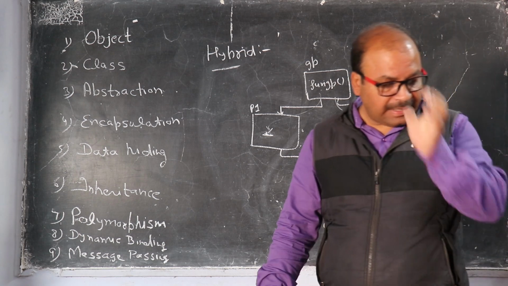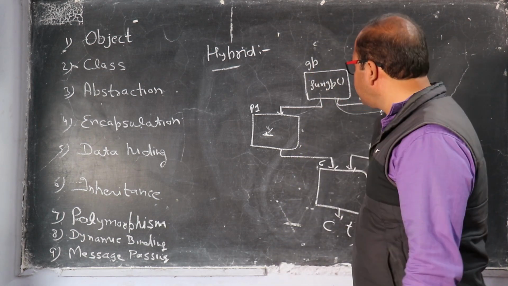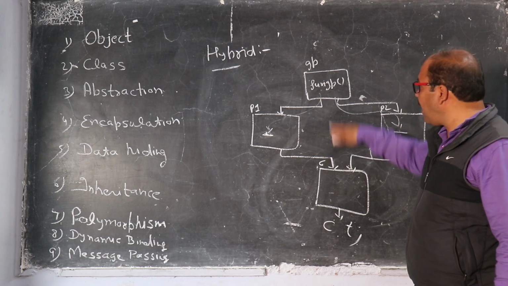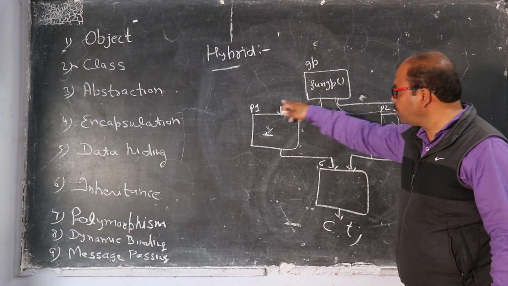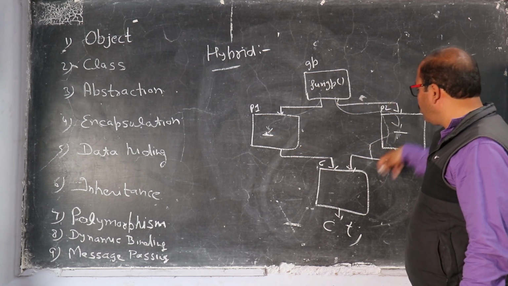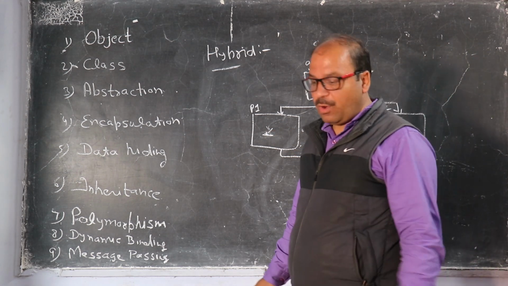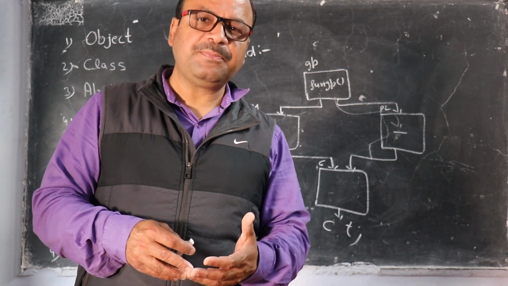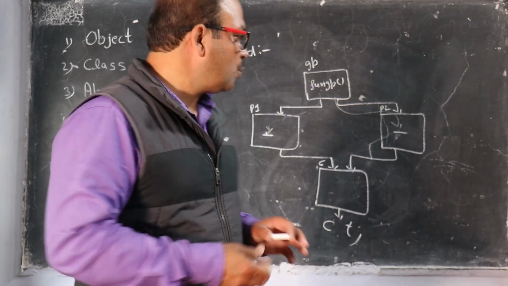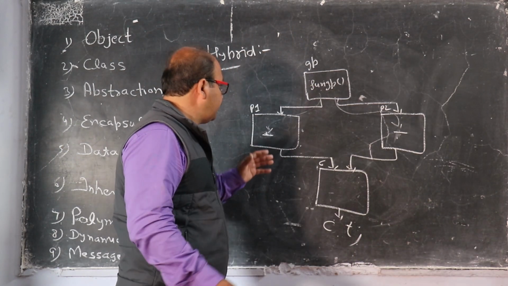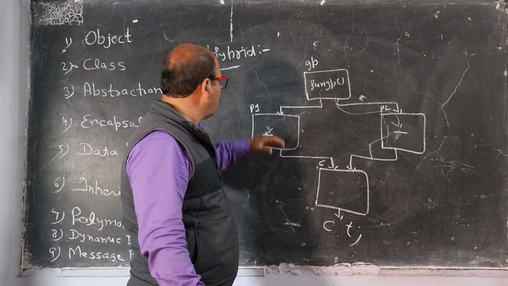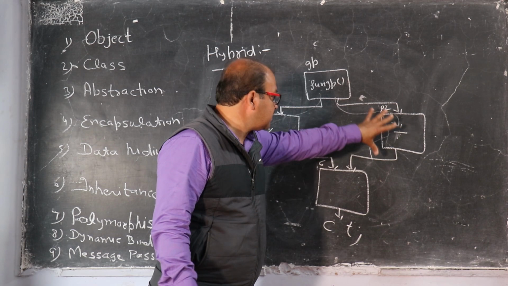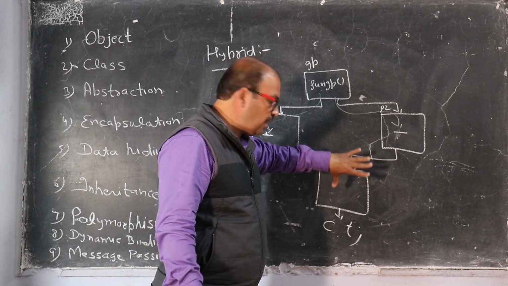Why is hybrid inheritance special? Because the copy of the same function is coming through this path and through this path, meaning through the parent 1 path and the parent 2 path. So here we have to declare the class as a special type of class, a virtual base class. So you have to declare it virtual, so that the copy of the same will not be there in the child class.